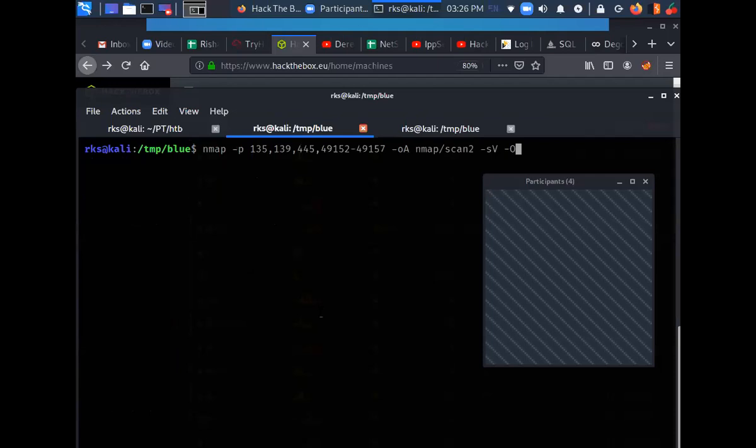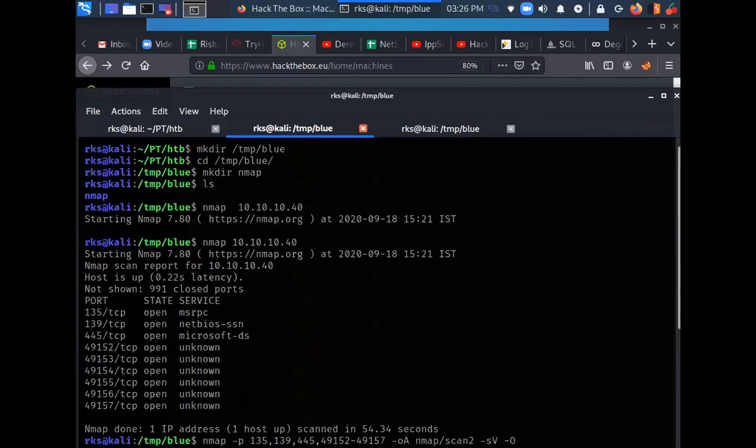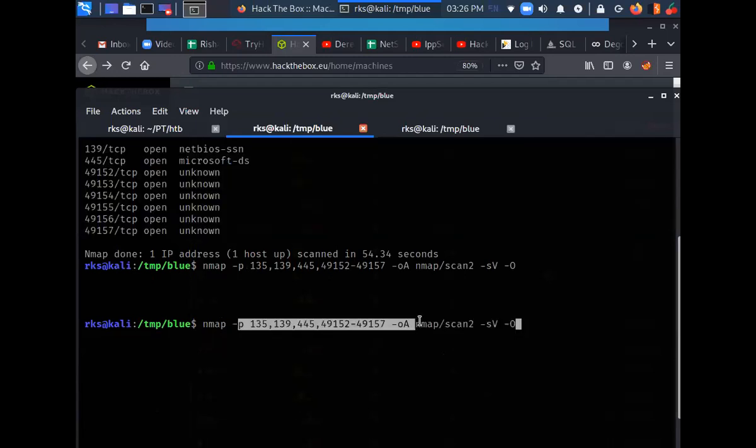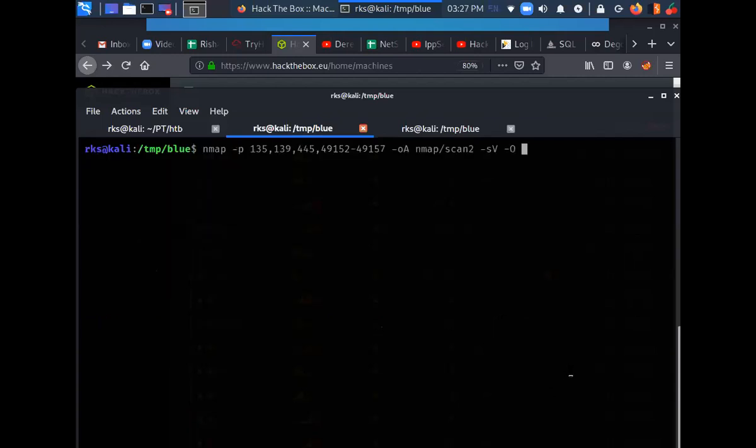Okay. So what I'm doing here is very simply, whatever ports were found open here, I'm just going to run a very specific port scan against them. I'm going to run an OS detection scan, hyphen capital O, hyphen small v is for version detection, followed by target IP address. Let's append sudo here. Let's run this thing.